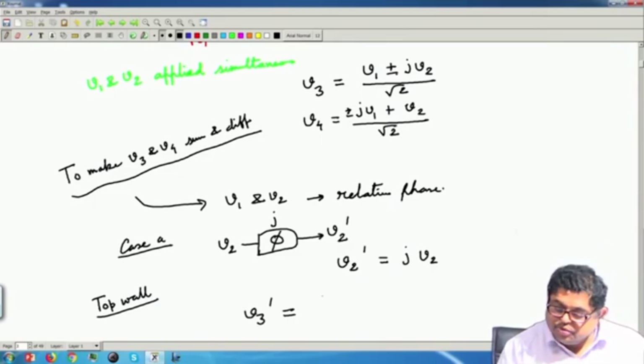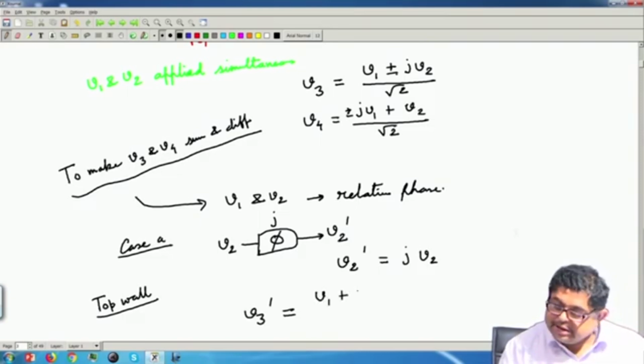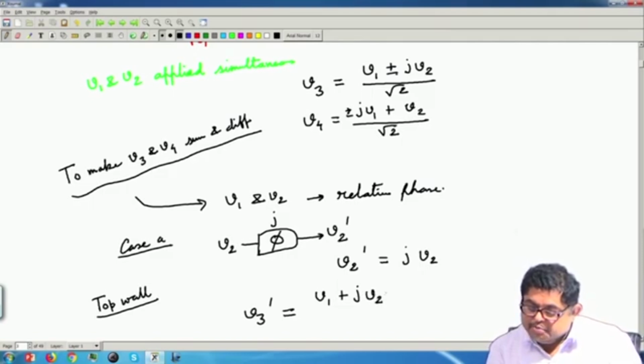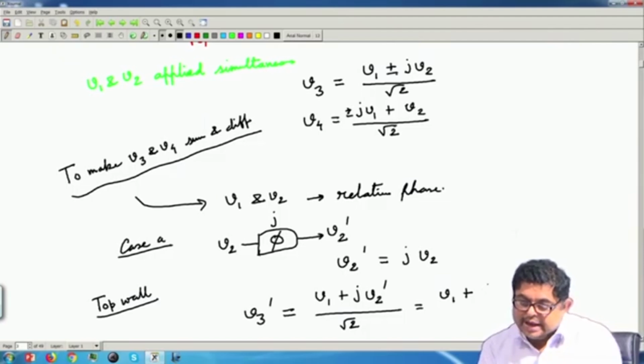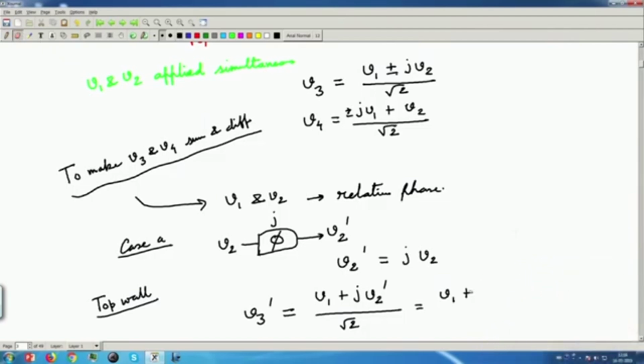So, if you do V3 dashed, it will be V1 plus the same as this plus J, instead of V2 I should write this, divided by root 2. So, this is nothing but V1 plus, but what is V2 dashed? J and J. So, that will give me V1 minus V2 by root 2,